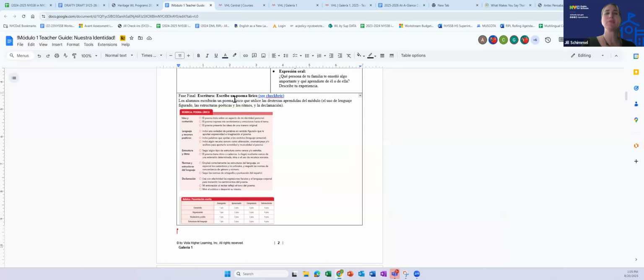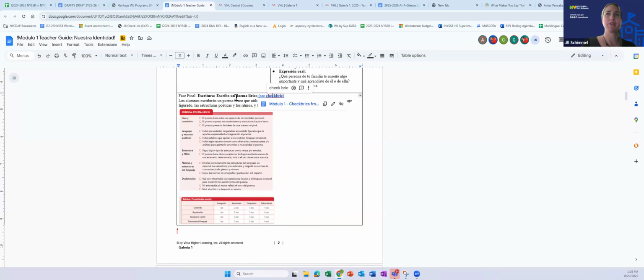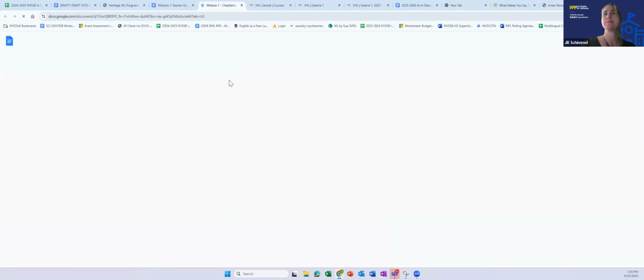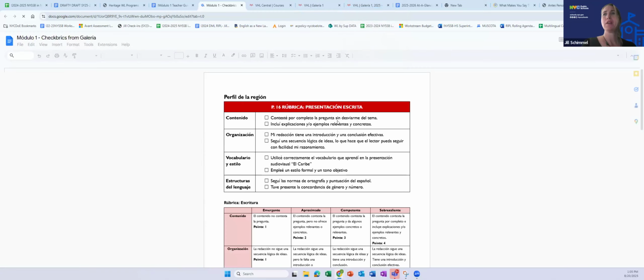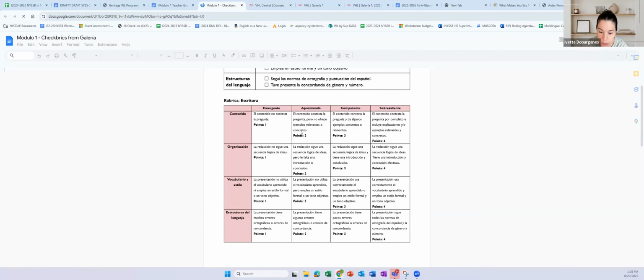So this is what we're trying to do for each module, right? We're taking what Vista has, then making it more useful for you. What's downloadable is the points rubric. If you go back to the document I made, Joe, what's on the bottom, the rúbrica with the points, that is downloadable.